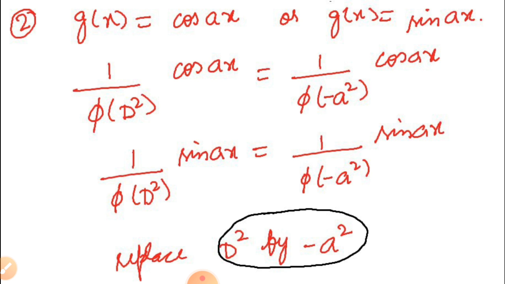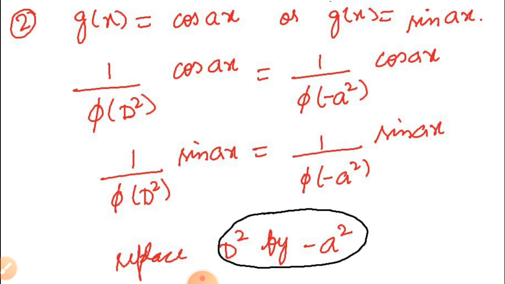If it is a cos ax term, suppose our characteristic equation or the derivative equation is phi of d square, where we have put all the d terms in terms of d square. So if it is a cos ax, we will put in place of d square minus a square. The solution will be 1 upon phi of minus a square, cos ax. And if it is sin ax, again we will repeat the same thing. Basically, we will replace d square by minus a square, where a is the coefficient of x in the trigonometric sine or cosine terms.